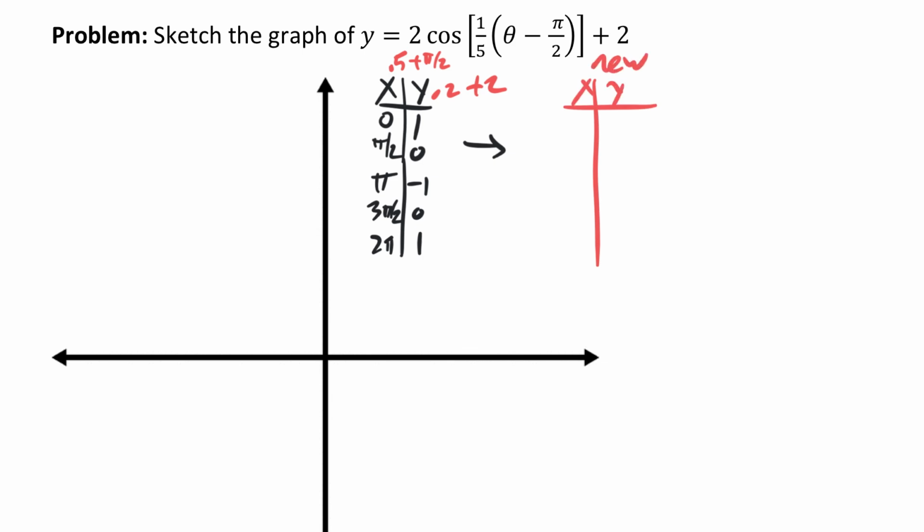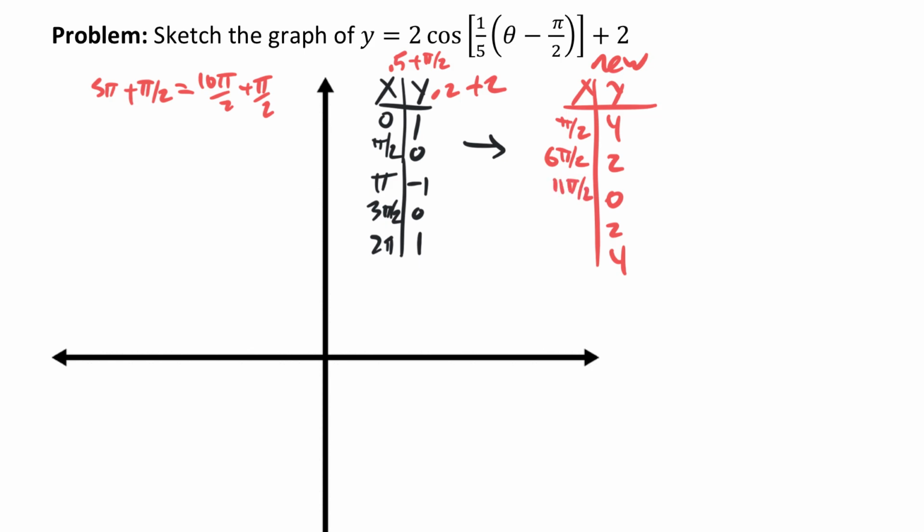All right, let's look at our new table. So for the y values, 1 times 2 plus 2 is 4. 2, 0, 2, and 4. For the x values, these get a little tricky. 0 times 5 doesn't change, so just pi over 2 to start. Now, pi over 2 times 5 is 5 pi over 2, plus another pi over 2 would be 6 pi over 2. Pi times 5 is 5 pi, but 5 pi plus pi over 2, again, we need to make common denominators here. So this would be 10 pi over 2 plus pi over 2, which is 11 pi over